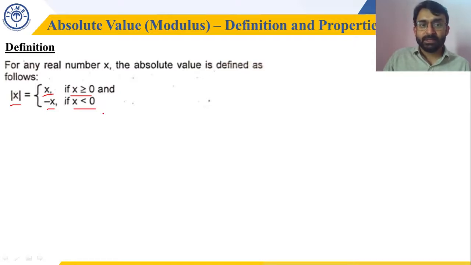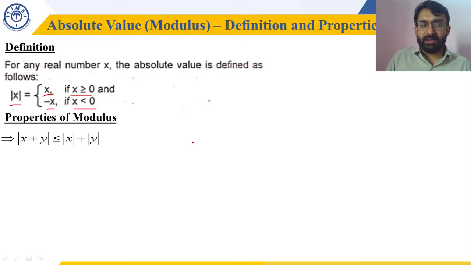Fine. So what I sense is mod x is always magnitude. Minus 7 mod is 7 and 7 mod is 7. But here it is mentioned minus x. If you look at it closely, this is minus of negative x, which is always positive. So magnitude is always positive. That's why absolute value is mentioned. There it is modulus. Fine. So we'll go for the basic properties of modulus.